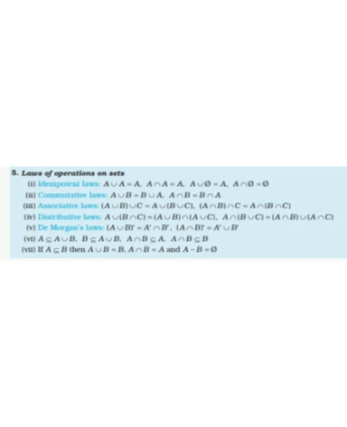Associative law: the brackets will be changed. A union (B union C) is equal to (A union B) union C. So only the brackets change, and intersection is also the same: A intersection (B intersection C) is equal to (A intersection B) intersection C. The brackets are changed, but the answers are the same. The equal sign means the answers are the same.